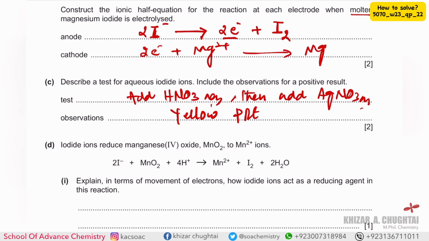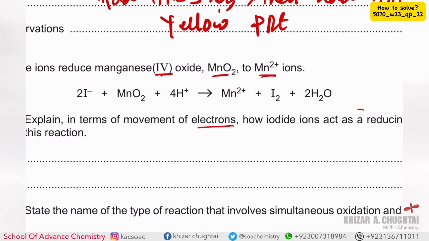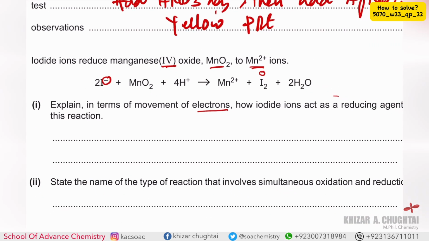Part D, iodide ions reduce manganese 4 oxide MnO2 to Mn2 positive ion. And here is the equation basically. Explain in terms of movement of electron how iodide ion acts as a reducing agent in this reaction. So what is happening? Iodide ion, initially it is having -1 oxidation state, and finally it is having 0 oxidation state as it is a pure element. So what is it doing? Iodide ion is losing electron, right? It's losing electron